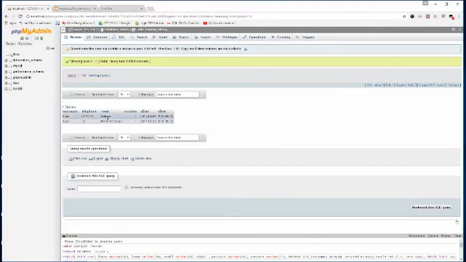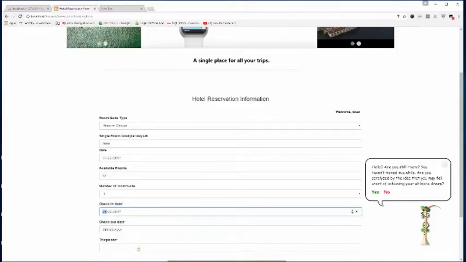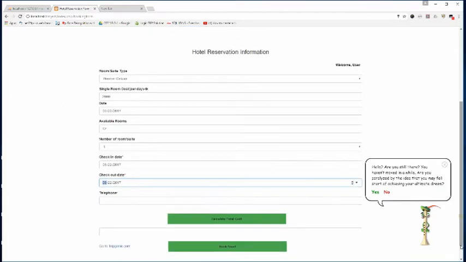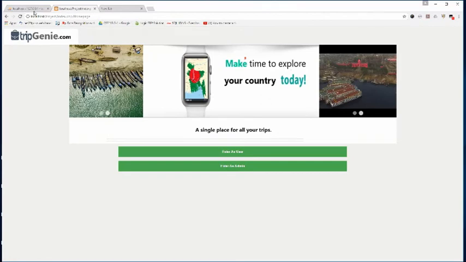Our date will be 16, which is invalid, that's why it is showing 0. And if we go to 22, we'll see 12 rooms are available. We take check-in 22, which is valid, and check-out 22, which is also valid. We put the telephone number, and then we can calculate the total cost, 2000, which is valid. So our booking is successful.